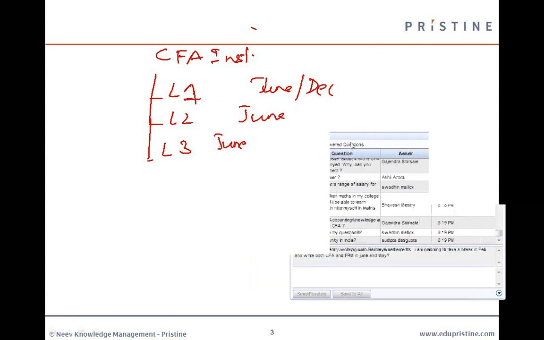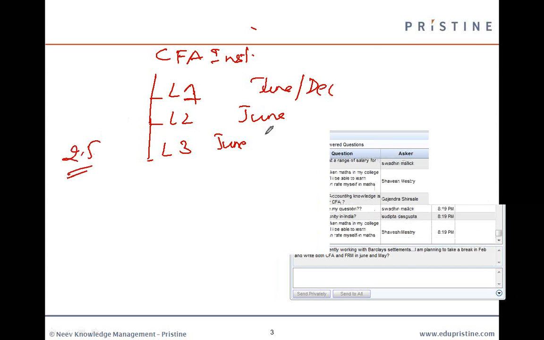So the best thing that you can do is clear CFA in at least 2.5 years of time. That is, write exam in December, then write in next June, and then clear level 3 in following June. Okay. 1.5 years to 2.5 years. However, I strongly recommend that you do June, and June, because that way you also have enough time to study. And also, CFA is a course which helps you to understand whatever you're doing in your financial profile better.